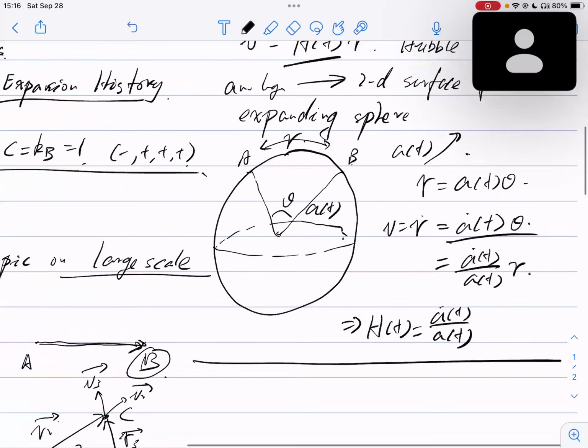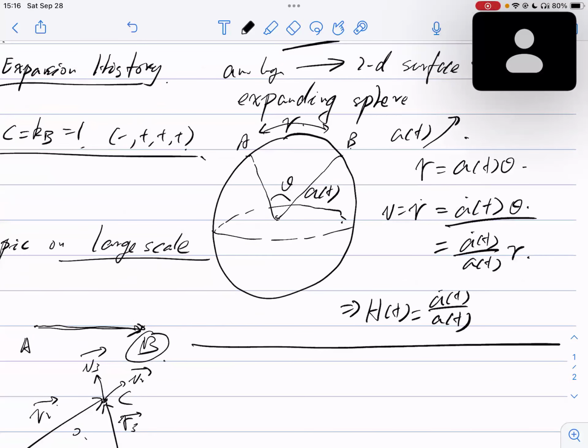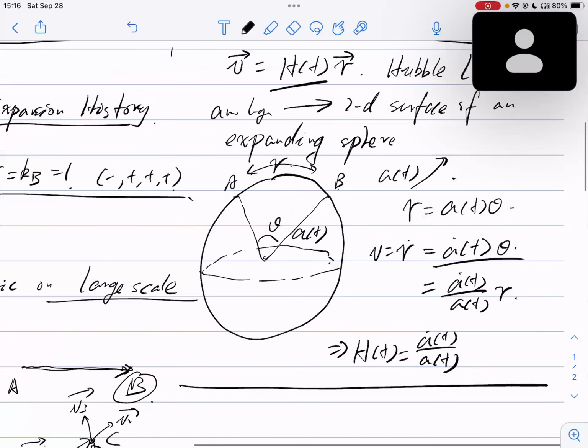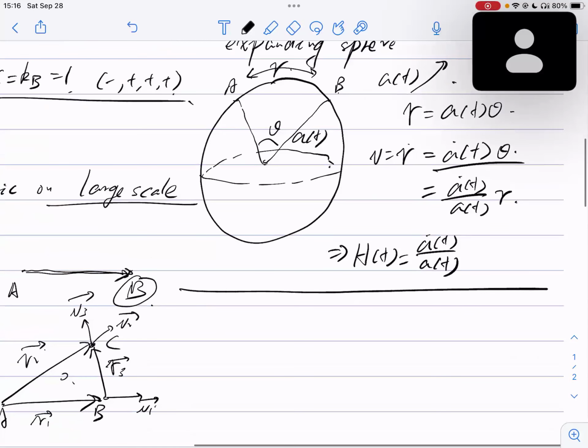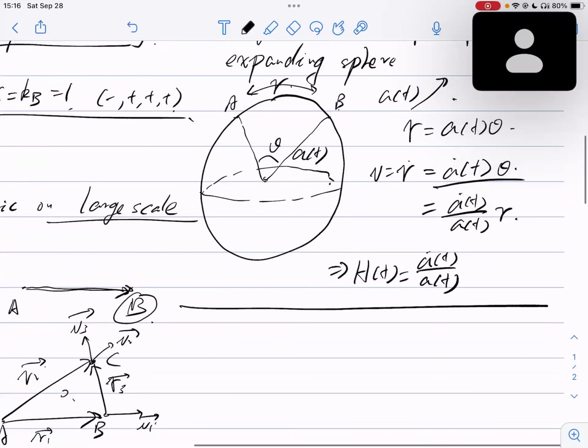Well, in this analogy, this a has a geometric meaning. It's just the radius of this sphere, but in the three-dimensional expanding universe, we cannot get a clear geometric meaning of this parameter, but we can make a similar formula,